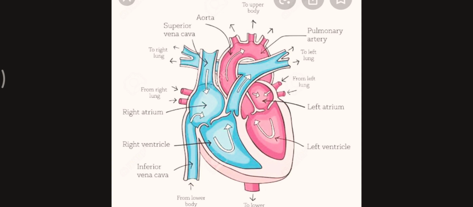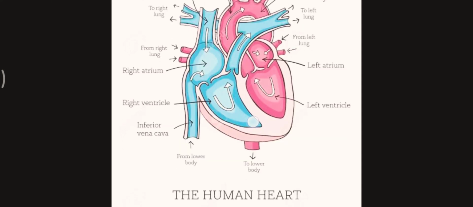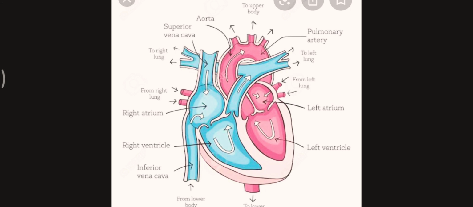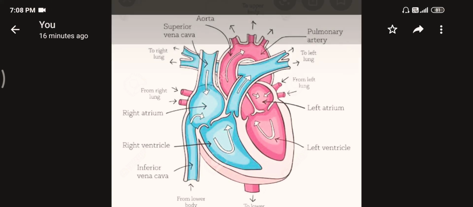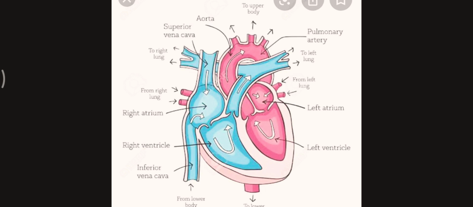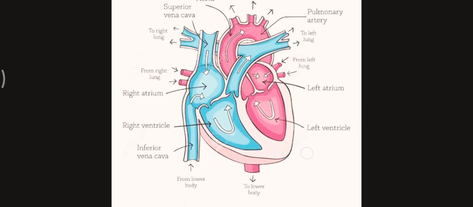Similarly, we have a vein, the pulmonary vein, and that pulmonary vein is the exceptional vein, because it brings oxygenated blood from the lungs to the heart, that is the left-hand side. So this is about the details of the structure of the heart. Kindly view the video again to have clear concepts, and in case of any doubt you can call.